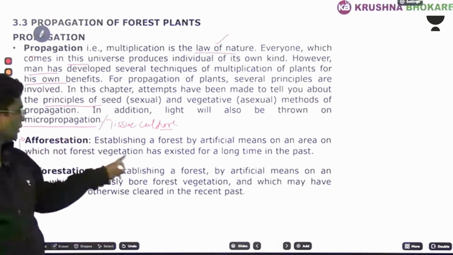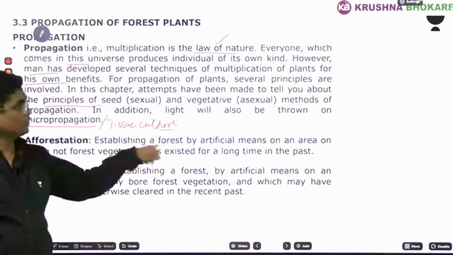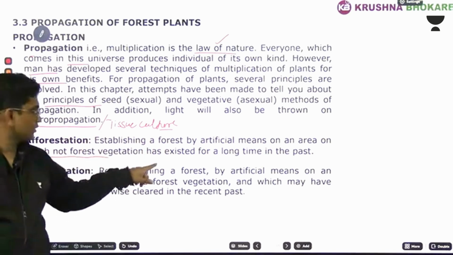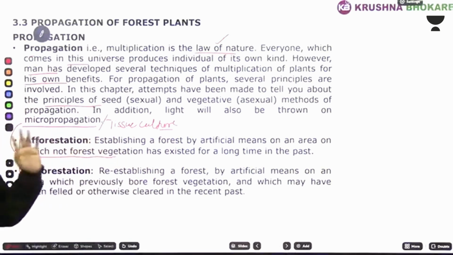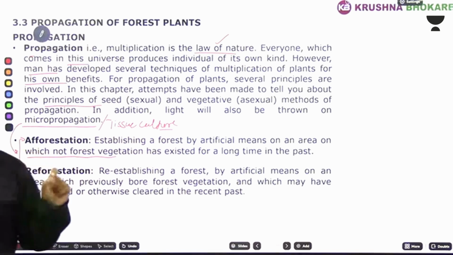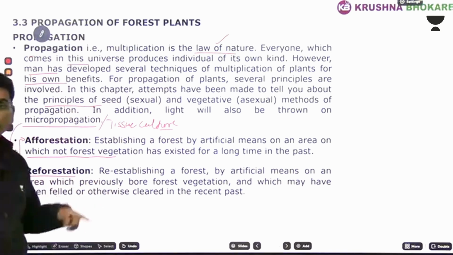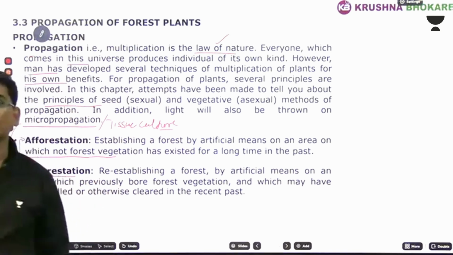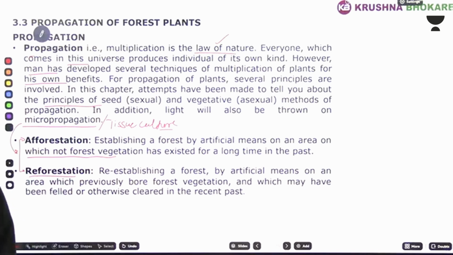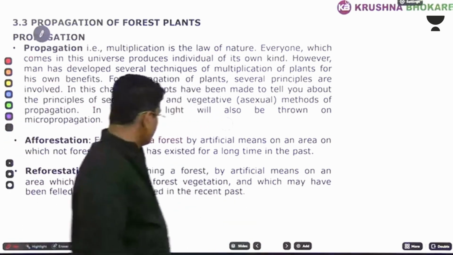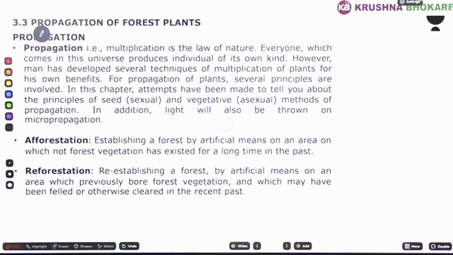Okay, so afforestation is what? Establishing forest by artificial means on a land where non-forest vegetation existed for a long time in the past, like 400-500 years से पहले वहाँ पे कोई forest नहीं था. That land can be recognized as a farmland. Okay, in such condition. But reforestation, this land is already recognized as a forest land, but practically there is no tree. In such forest land, if there is no tree, we are growing the trees. It is called reforestation, which we have already cut. तो नेक्स्ट देखो यहाँ पे.